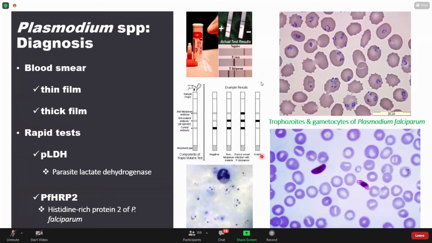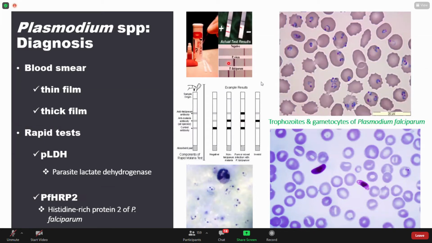Now, the last strip is regarded as invalid because the control line is not positive. So something must be wrong with the assay. Remember that your control line is to help guide you in your interpretation. So here I've explained the basis of the rapid test, and here I've included the micrograph showing you what a